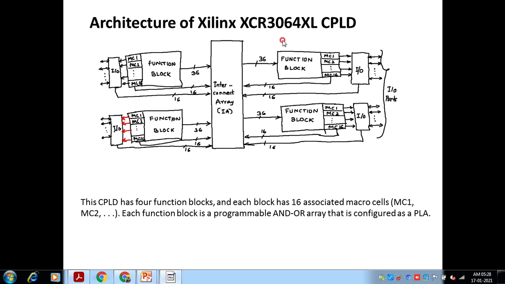From device to device, internal architecture may vary in terms of number of function blocks, number of macro cells and number of IO ports or IO blocks. These are known as IO blocks, and they are connected to IO pins externally available for programming.